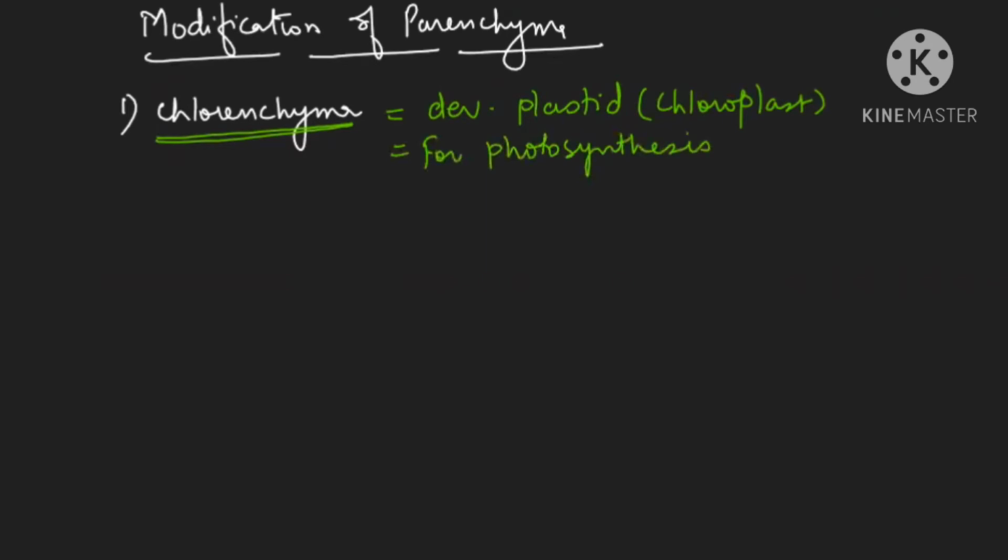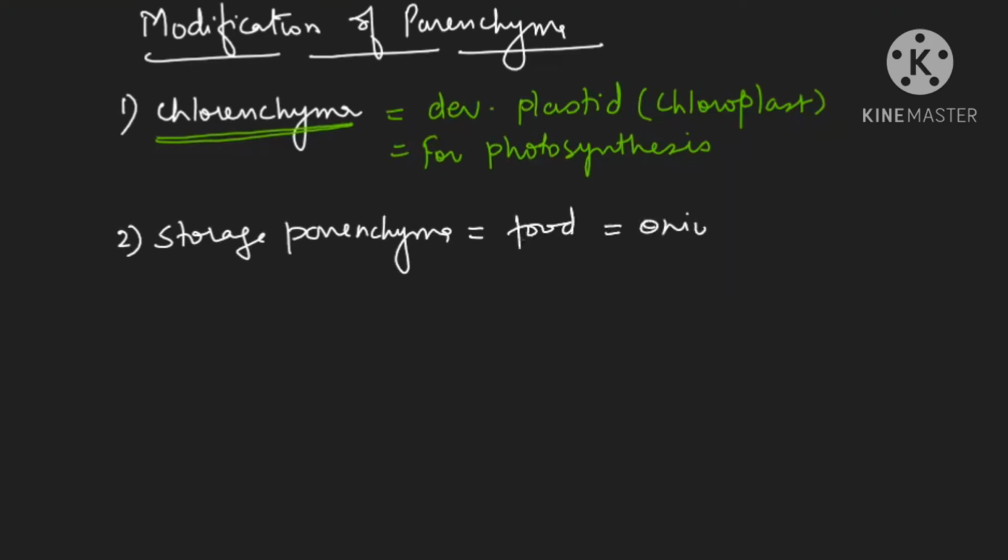Now, when they are doing photosynthesis, then they will develop into storage parenchyma also, because they have to store the food. So storage parenchyma, this is another modification. Okay, so storage parenchyma, you can see few areas they are storing the food. The food storage is there, and food storage we find in the onion, or you can find in the aloe vera. All these are the areas where you will find the food storage.